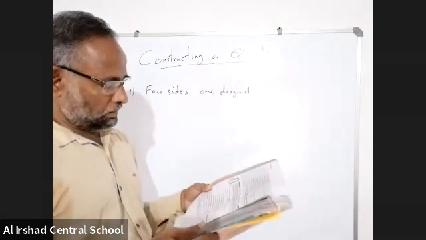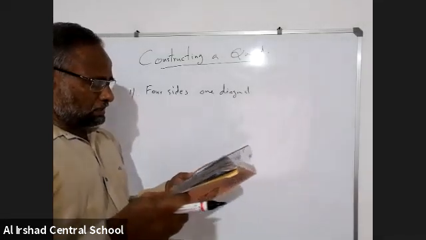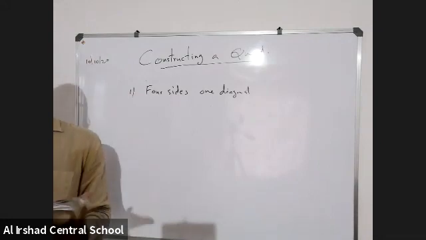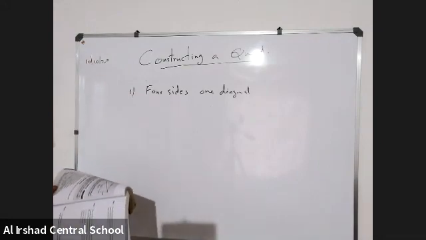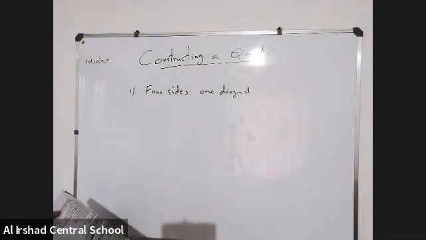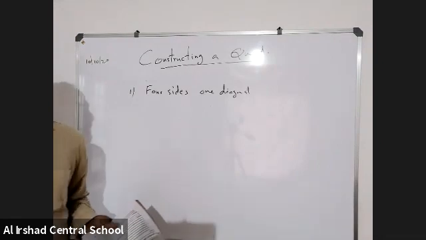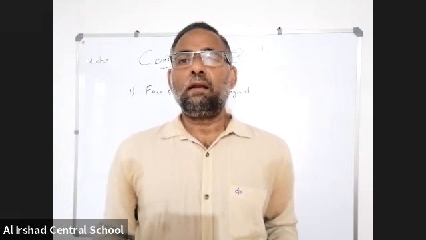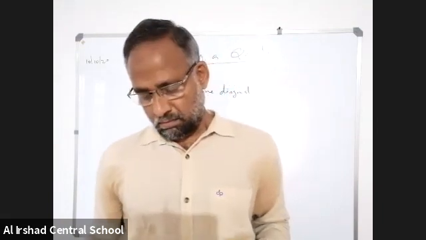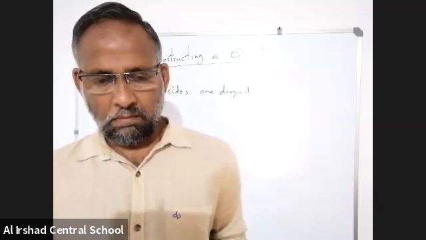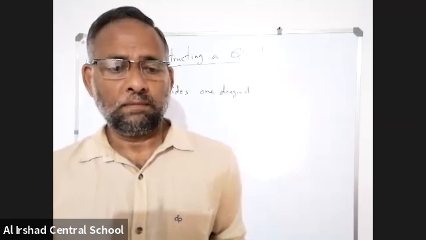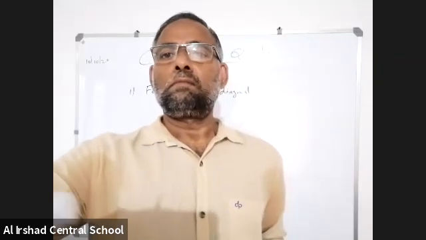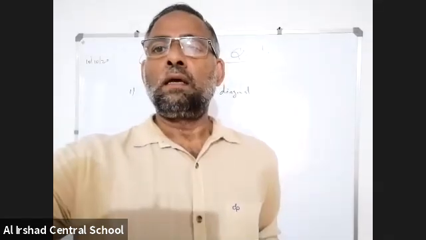Construct a quadrilateral PQRS, and PQ is equal to 4, QR 6, RS 5, and PS 5.5, and PR is equal to 7 centimeter. Whatever be the construction, for a quadrilateral, how many diagonals are there? How many diagonals are there? For a quadrilateral, how many diagonals are there? 2. 2 diagonals. Now here, first construction is